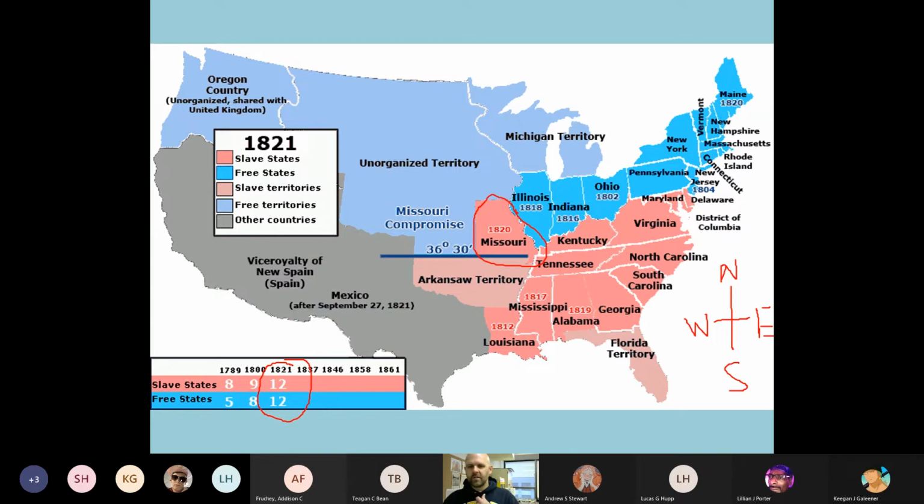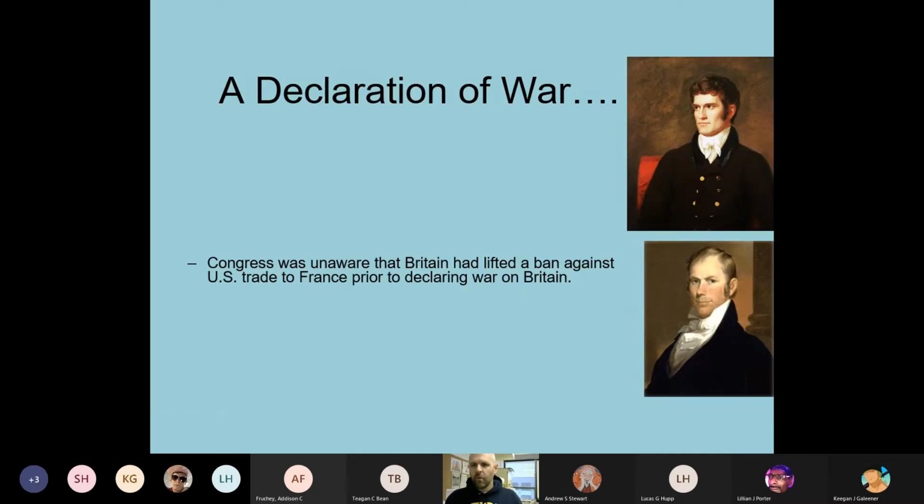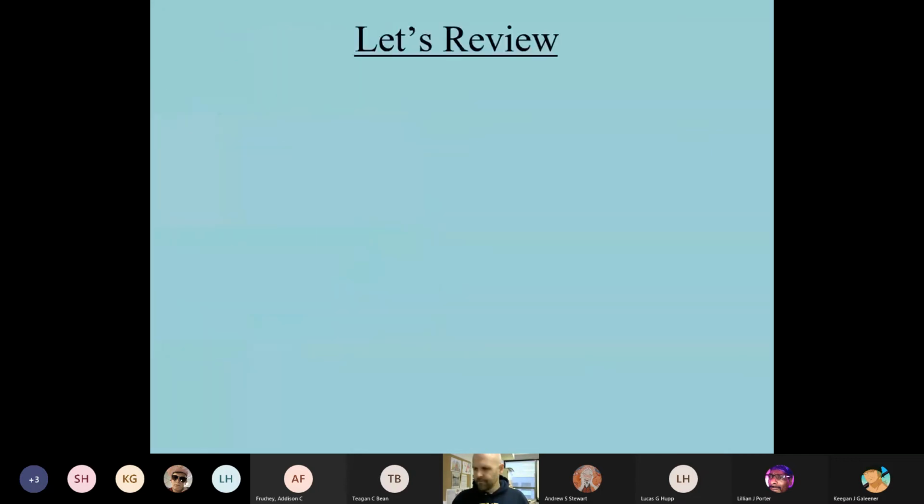because the country's trying to figure out a way to solve this crisis because of this new state, but it also knows that there's going to be an issue with slave owners who are going to be upset because they can't take their property where they want. So we have a crisis here. One group wants this, one group wants this. And when you have two groups that can't agree on something, you have to try to find a middle ground, which is compromise. So what they ended up,